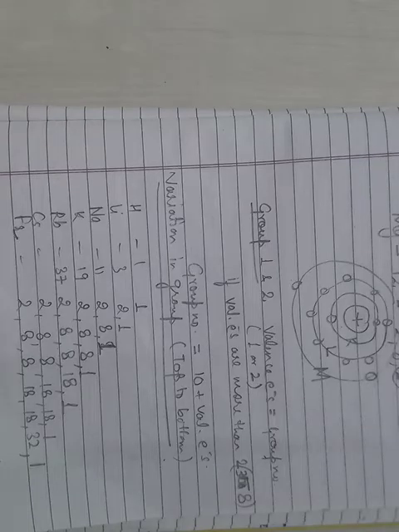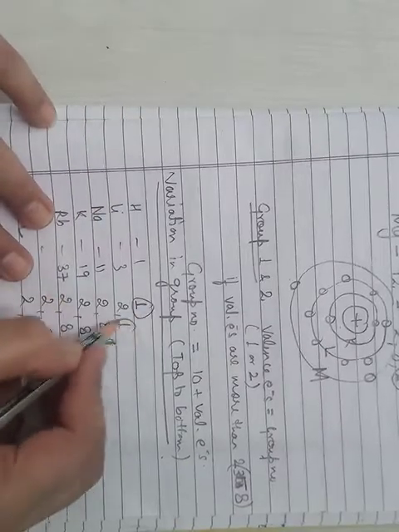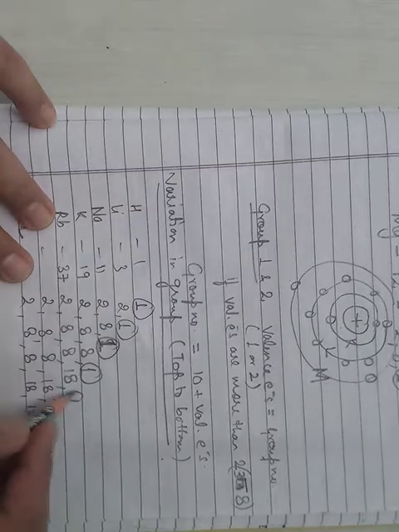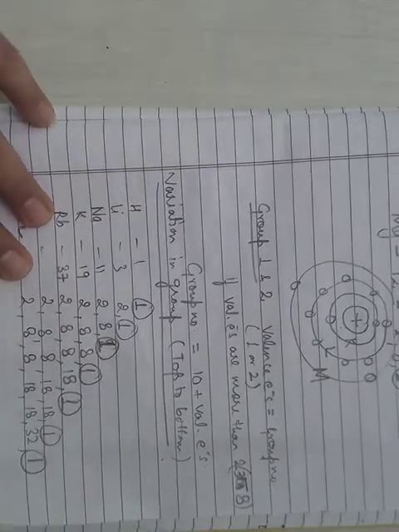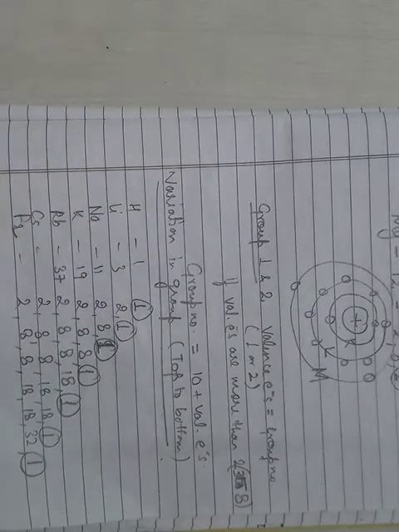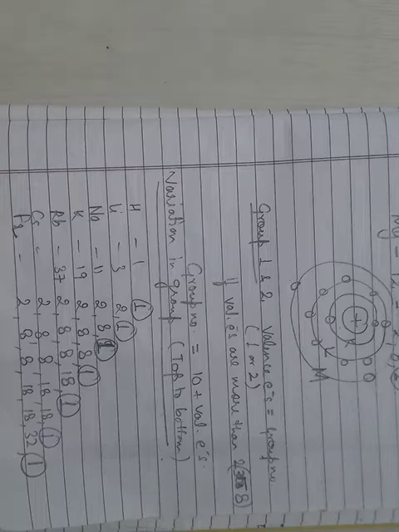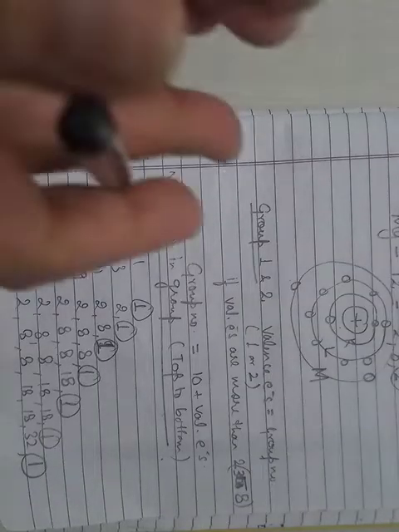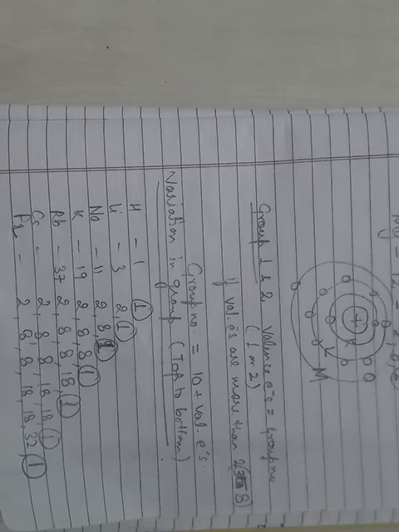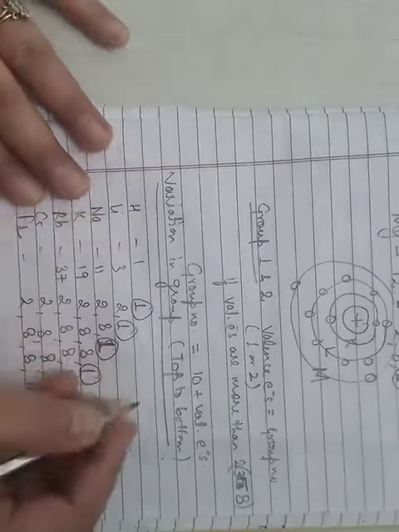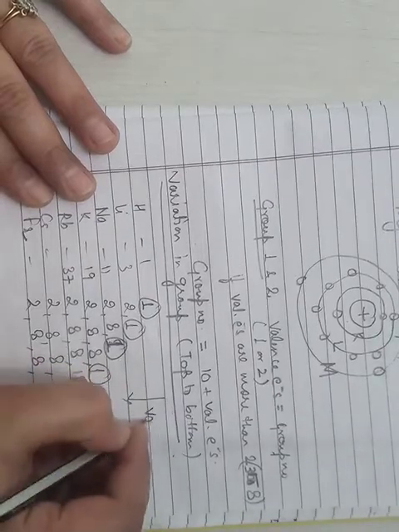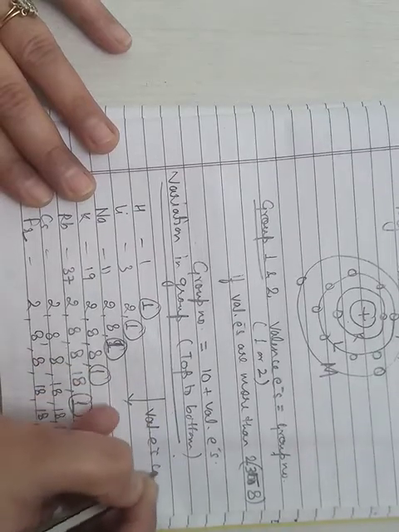So what we see is that the electrons on the outermost shell are remaining constant. So the valence electrons are remaining constant. Whichever group it belongs to, that group consists of the same valence electrons. That is why they are from the same group. The members of any group are members of that group because they have the same valence electrons. So when you are moving top to bottom the valence electrons remain constant.